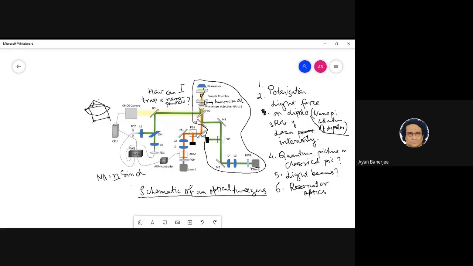So if this has some kind of a metal insulated coating, and then I come with a tight focusing objective on this, then at the correct wavelength and at the correct angle of focusing, I mean the distance between the objective and this cover slip, we can actually excite plasmons on this. That will mean that the light will get extinguished within just lambda of this lower cover slip. So that kind of an arrangement is called plasmonic trapping.